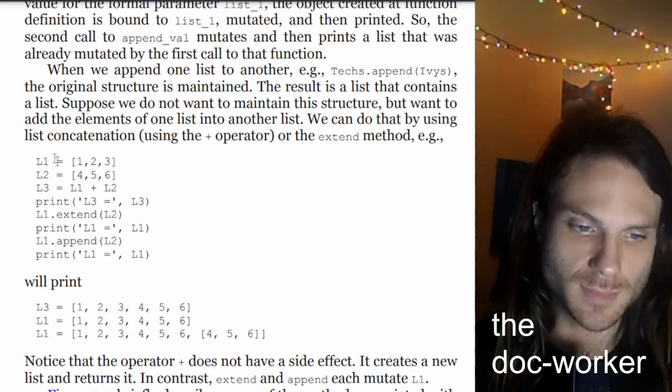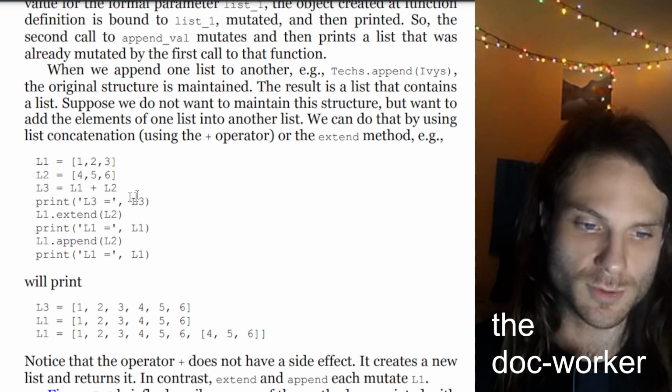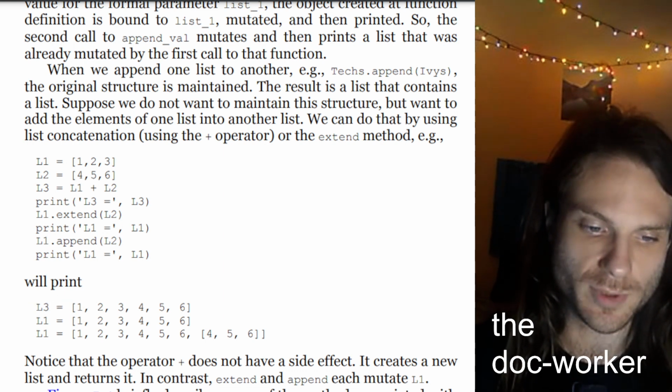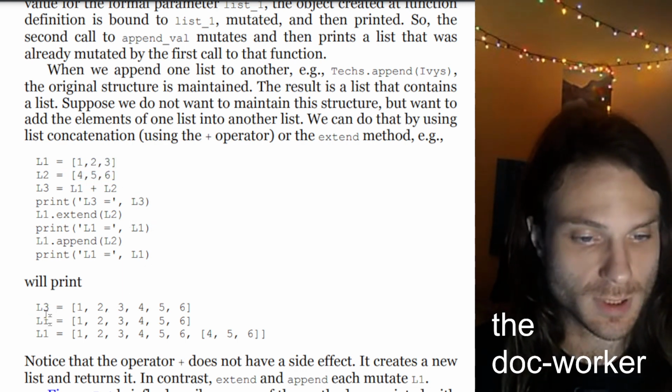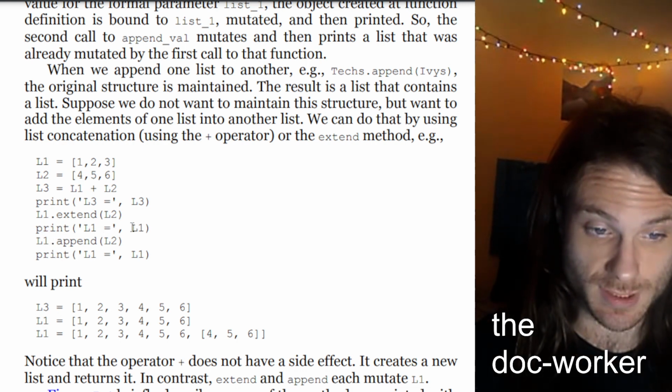here we make a list, here we make a second list, here we make a third list made up of the first two lists, then we print L3 equals L3, then L1.extend L2, print L1 equals L1, L1.append L2, print L1 equals L1. This will print L3 equals 1, 2, 3, 4, 5, and 6. Okay, that makes sense. We concatenated two lists containing 1, 2, 3, 4, 5, and 6. But also L1, when we print, in the second print statement, printing L1,